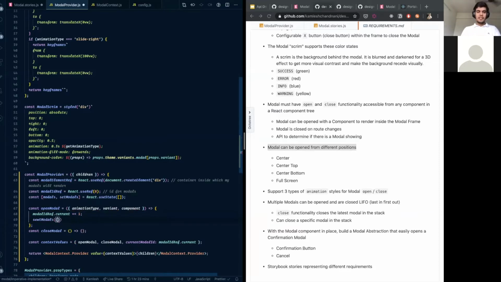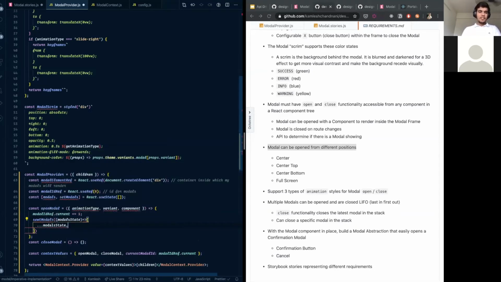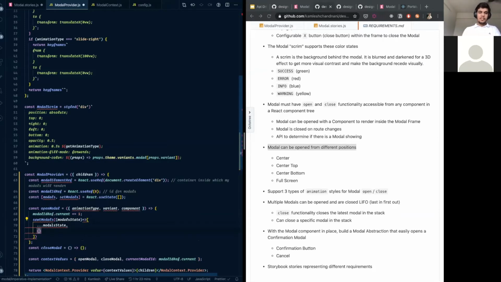So what I'm doing is I'm saying model state, and since it's an array, I'm saying spread over the existing state, and then add to it: give it model ID, give it variant, give it animation type, and give it the component to render.